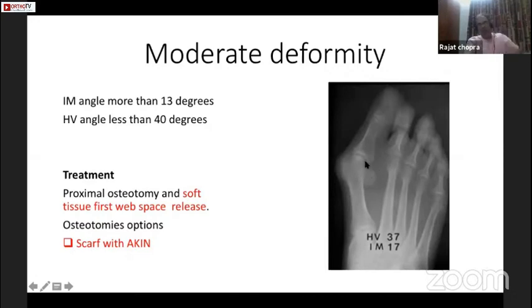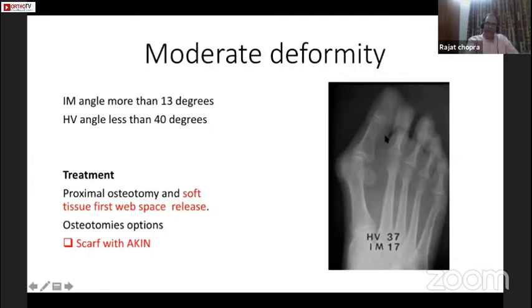So in this case, you will have to do a soft tissue release, plus you have to do an osteotomy. Maybe you can do a shaft osteotomy, or maybe you can do a proximal osteotomy. It all depends on where you have been trained. If you ask me, I am very happy doing a scarf osteotomy for my moderate or severe cases. That's what I have been trained with, and I'm happy with the way I've been doing it and getting my results. So I will do it, plus